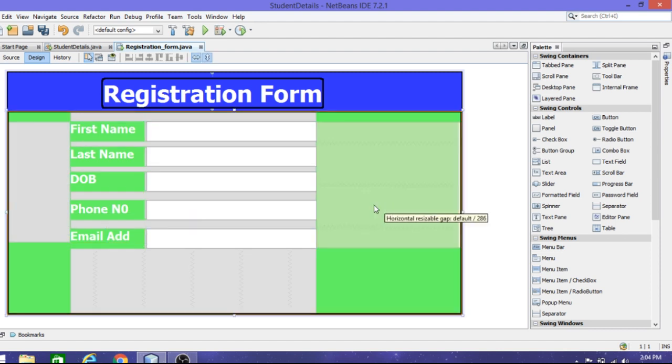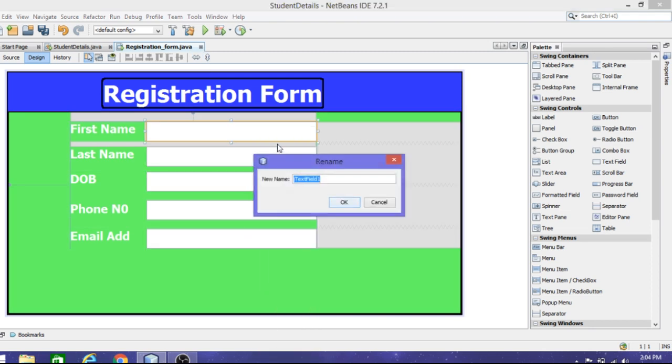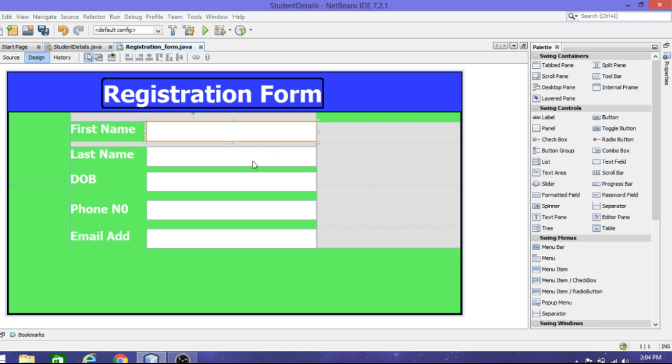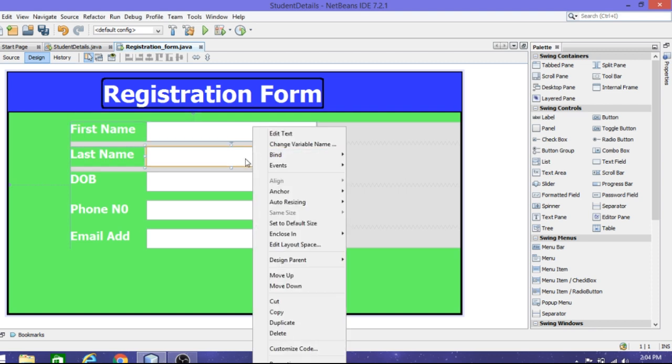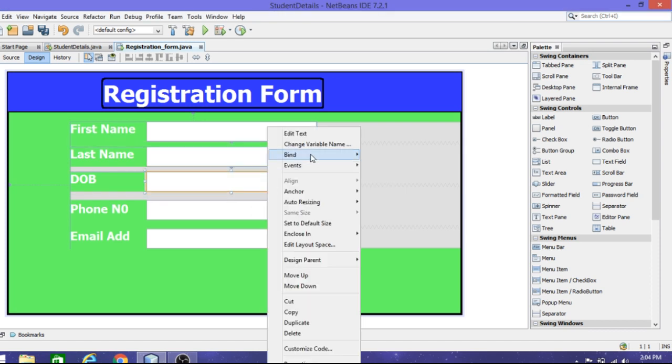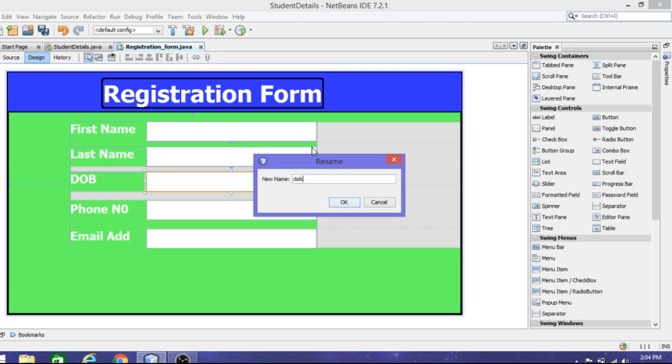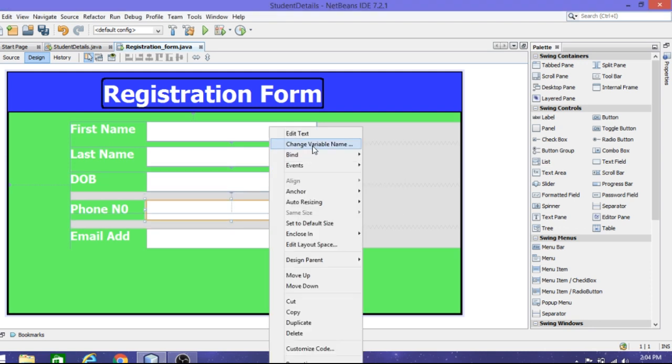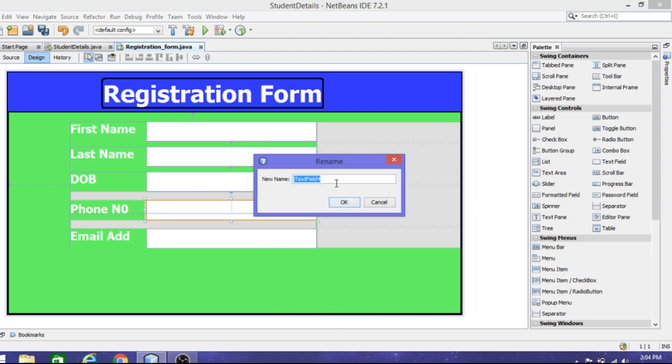So here I'm going to change this variable name as first name, F name, and here last name, L name, and then here date of birth as DOB, phone number, change variable name as pnum, phone number, and then email address as add or give email,